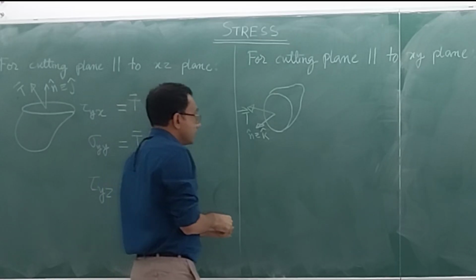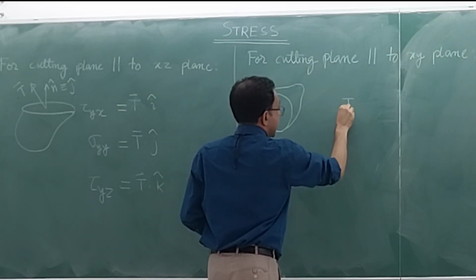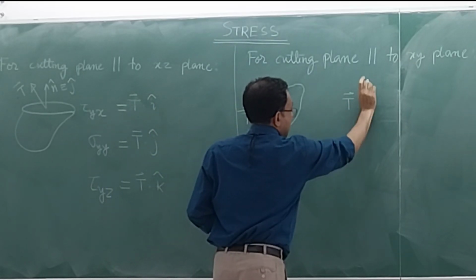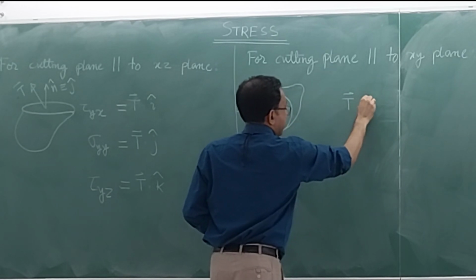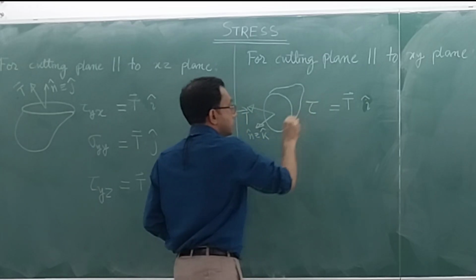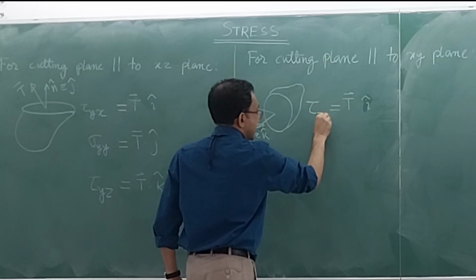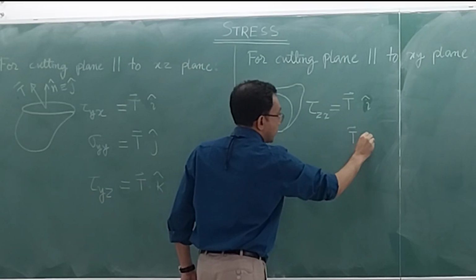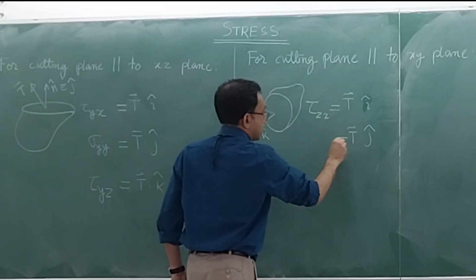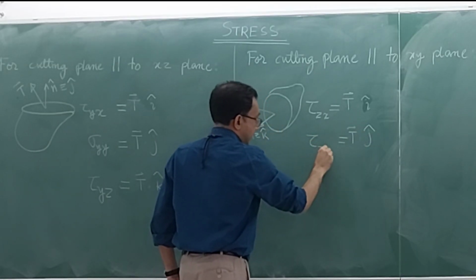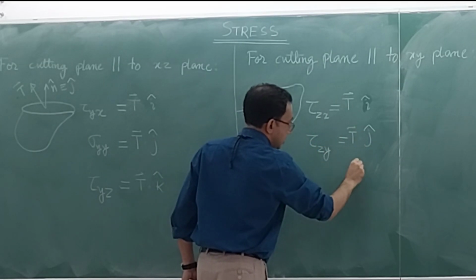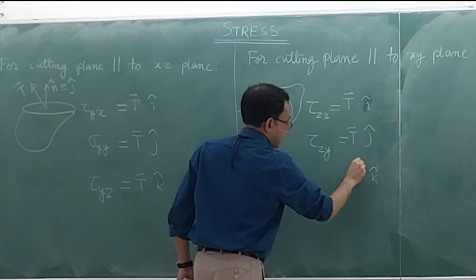Okay, now you tell me very quickly. T dotted with I. What is it? Tau Zx. Very good. Tau Zx. T dotted with J. Tau Zy. Very good. And T dotted with K. This is